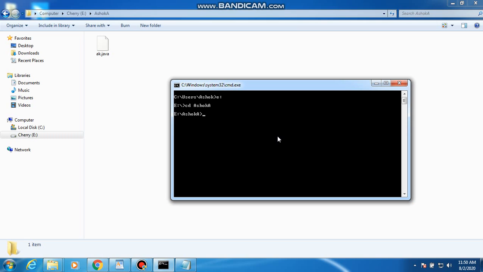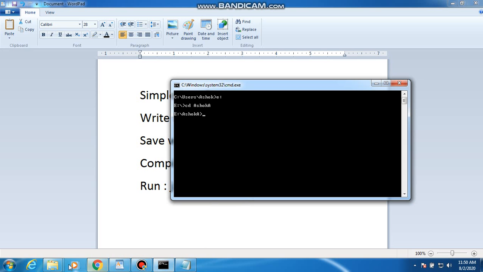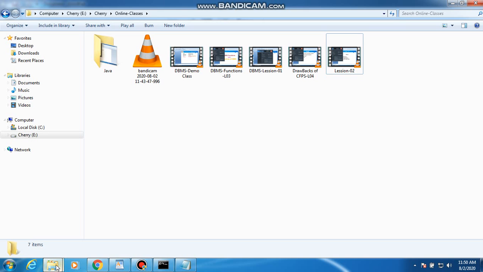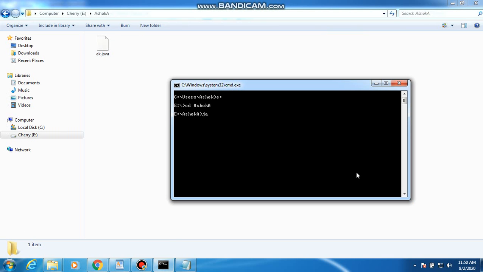So now we need to compile that file. What is the compile command? Look here. If you want to compile, it is javac space filename.java, and our file name is AK. So you can type here javac space AK.java. Here it is not displaying any errors.